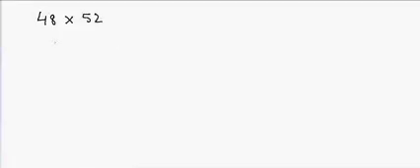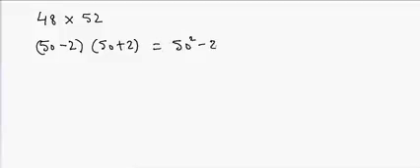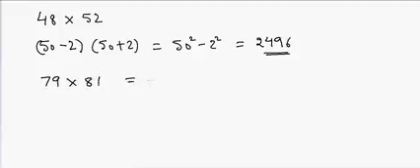If you look at it carefully, these numbers are symmetrical around 50, so this can be written as 50 minus 2 and 50 plus 2. So that will be equal to 50 square minus 2 square. So the answer will be equal to 2496, right? Same way, suppose I have to do 79 into 81, the answer will be equal to